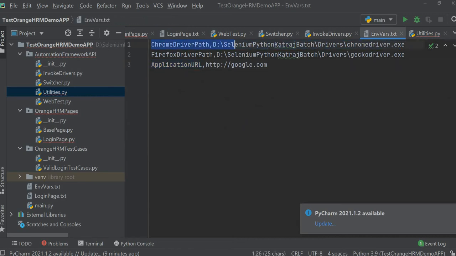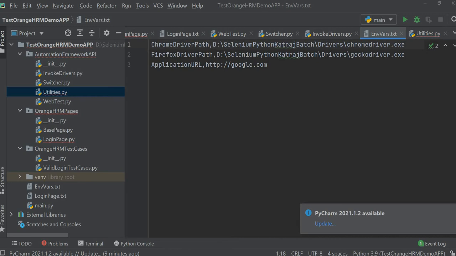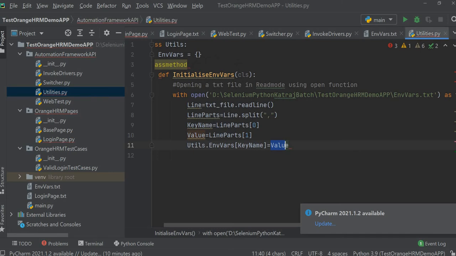This would be in a key name variable. This would be in a value variable, and then this value will go in a dictionary against this key using this statement. That's what we achieved here, right?